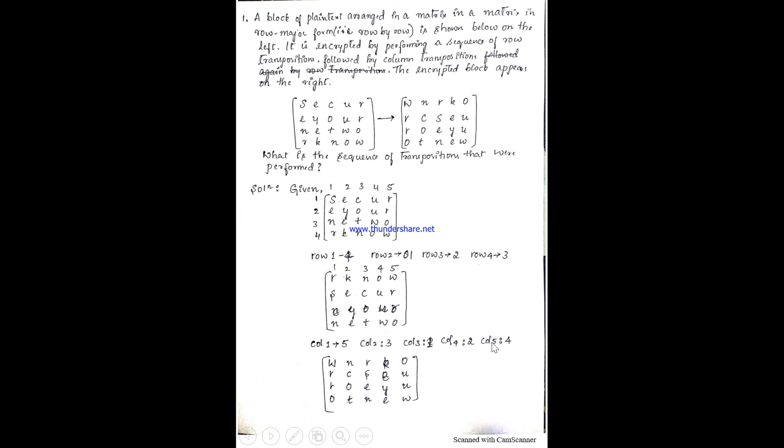These types of questions may be asked, and this is an exercise problem which is asked in your textbook itself. And finally we have one more example discussed in the textbook. What if you have been provided the ciphertext? I've retained the same order we used for the other example. Somehow I've managed to get back the plain text, but it is not that easy to find the order just by looking at the ciphertext. It is really very difficult. I've just retained the order for column transposition and row transposition, and I've got the answer back.